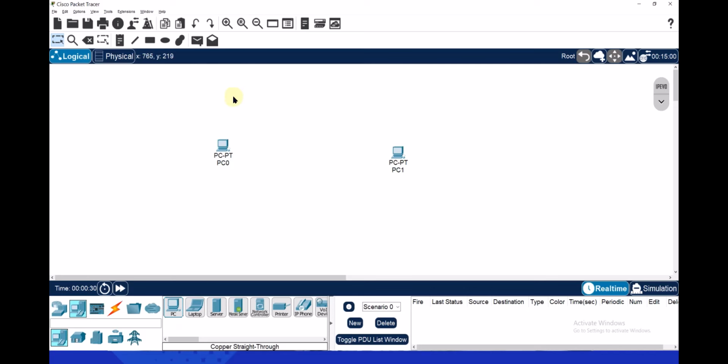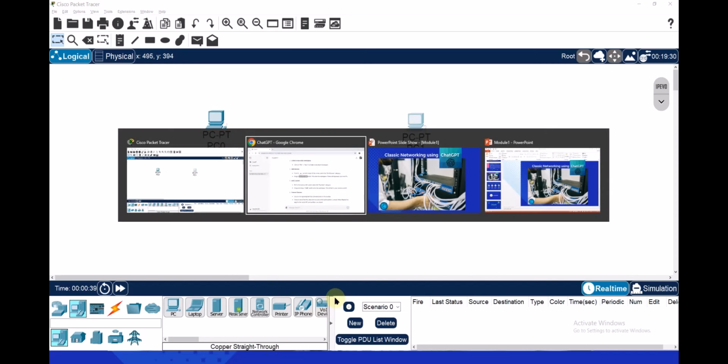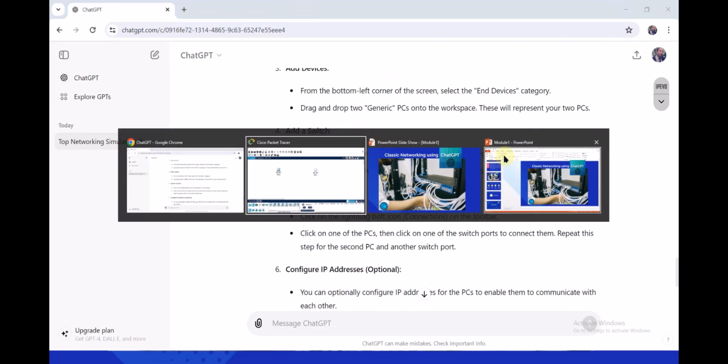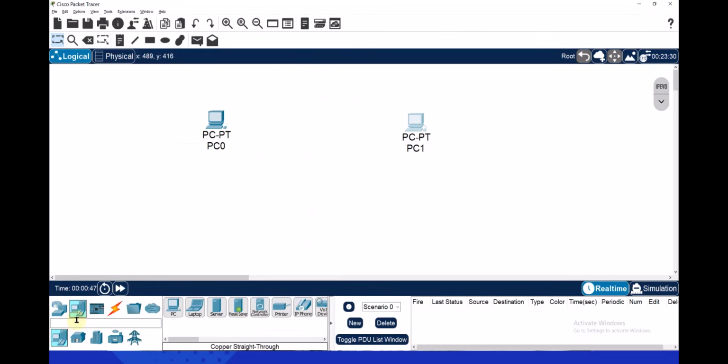So if you want to increase the size from here, as you can see, the plus symbol, this is how you are going to increase the size of these icons. Now I need to go back and add a switch. Still in the bottom left corner, select the switch category. So from here, you can see this is the switch category. So you need to select the switch category